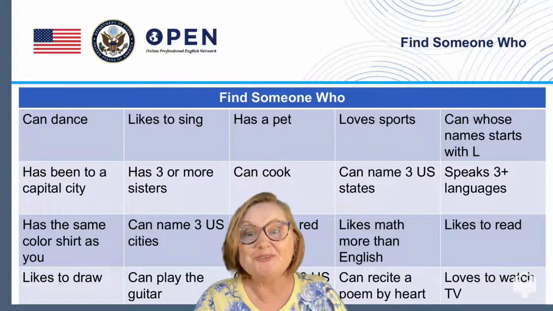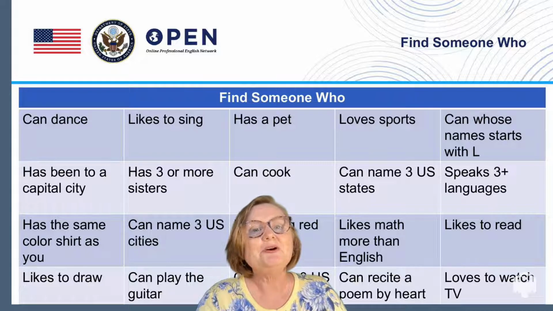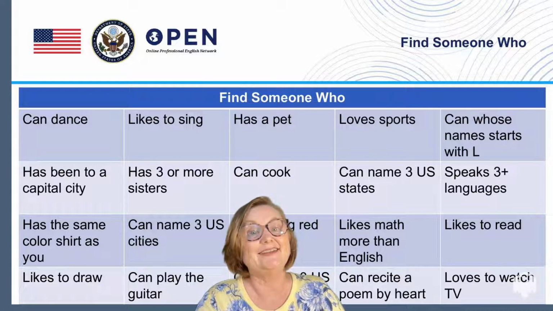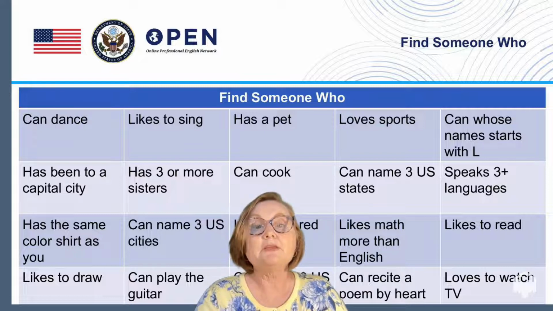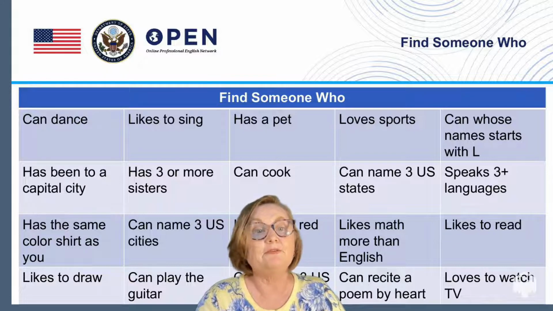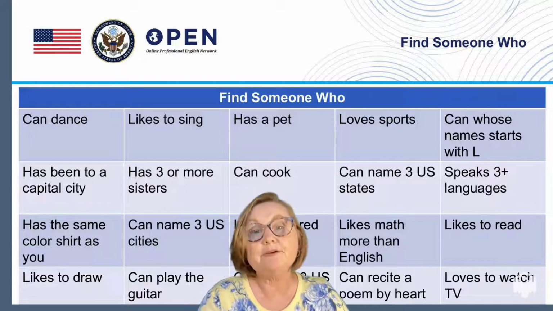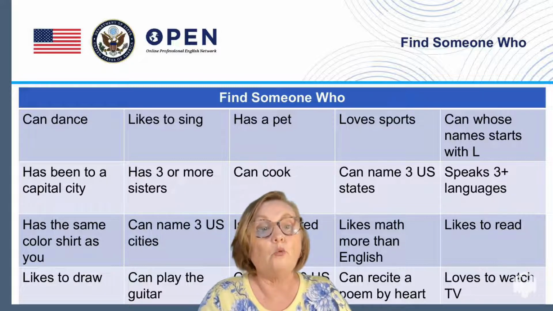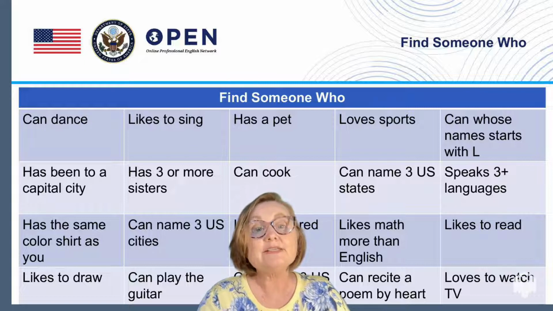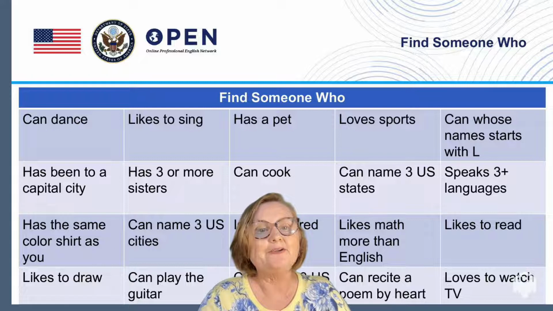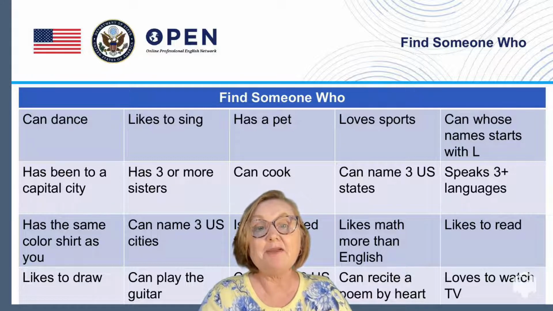Find Someone Who is another way to get students learning about each other. The teacher prepares a box with 5 rows and 5 columns with statements like "likes to read" or "can cook." The teacher hands out 1 sheet to each student or has them copy it in their notebook. Students get up and walk around asking 1 question at a time on the grid to other students, such as,